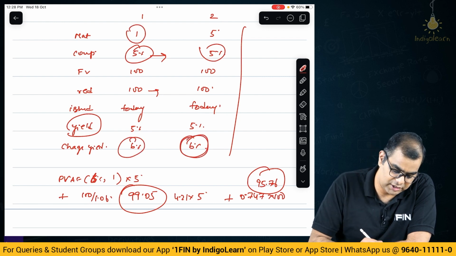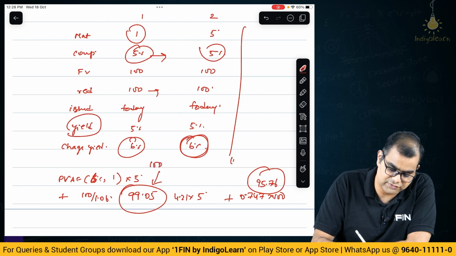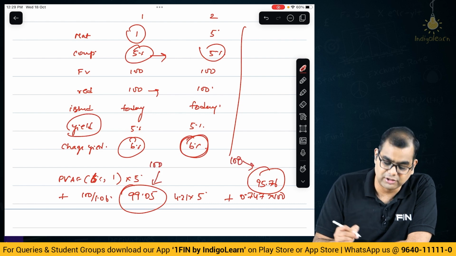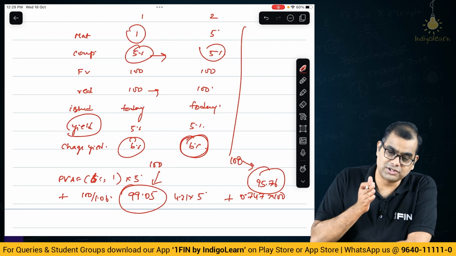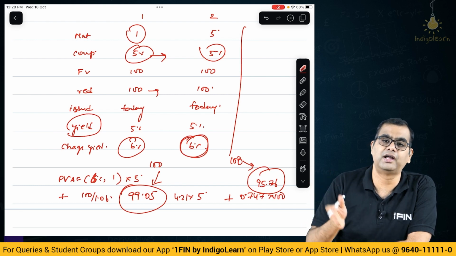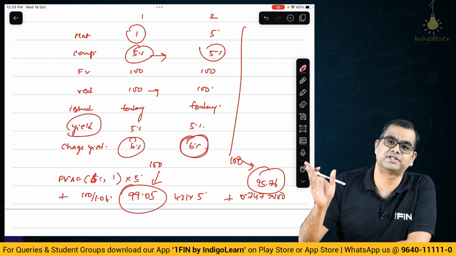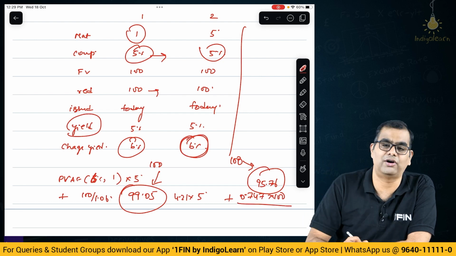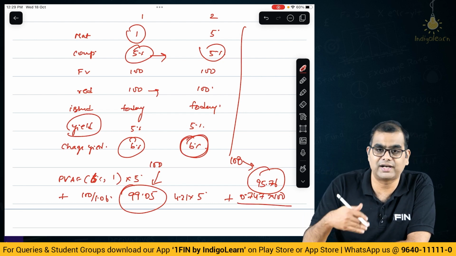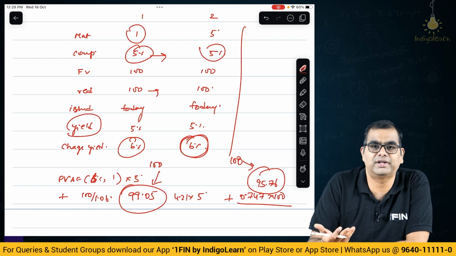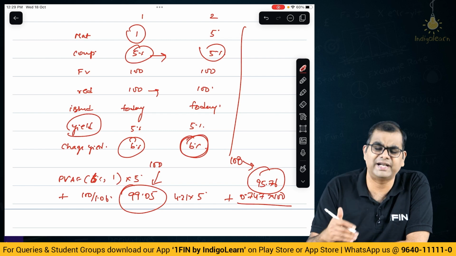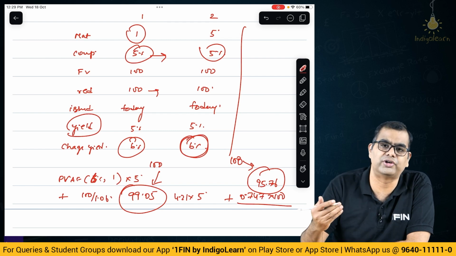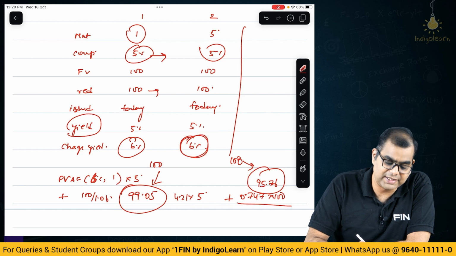Because this is a 1-year bond, the price has changed from 100 only to 99, whereas this one the price has changed from 100 to 95. Why? Because all the cash flows are spread over a period. Each cash flow is affected by the present value. The effect is much larger on all the cash flow aspects. So if there are multiple cash flows and everything is affected by the change in yield, and each one comes one after the other, that is, you have a longer duration, then obviously the price will be more sensitive